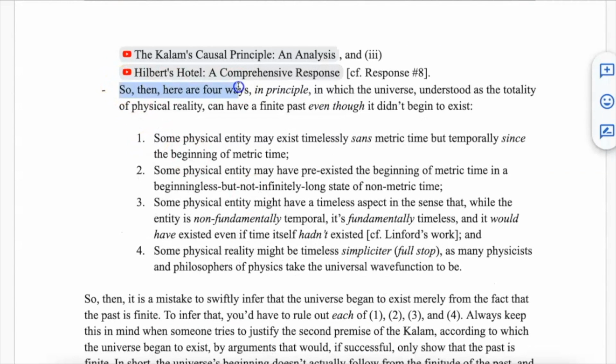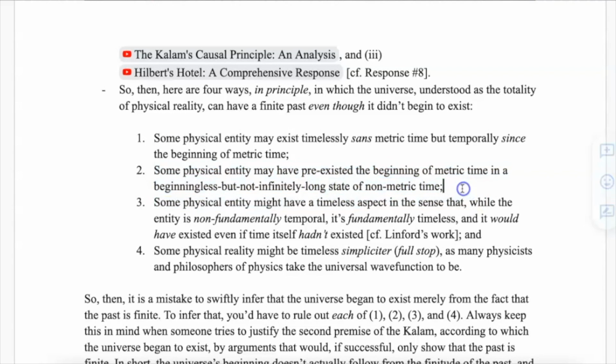So then, here are 4 ways, at least in principle, in which the universe, understood as the totality of physical reality, can have a finite past, even though it did not begin to exist. First, some physical entity may exist timelessly sans metric time, but temporally since the beginning of metric time. Secondly, some physical entity may have pre-existed the beginning of metric time in a beginningless but not infinitely long state